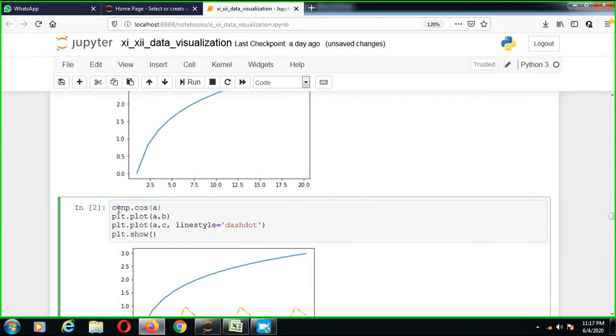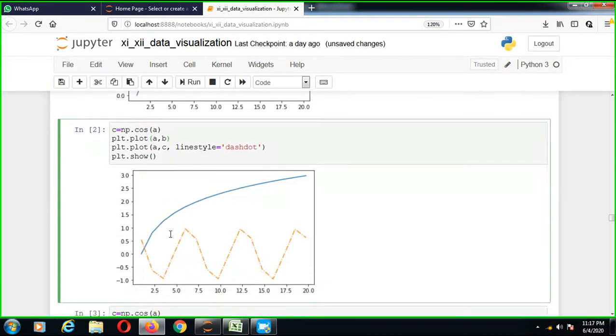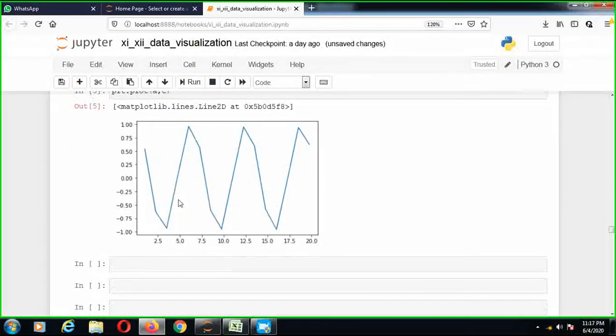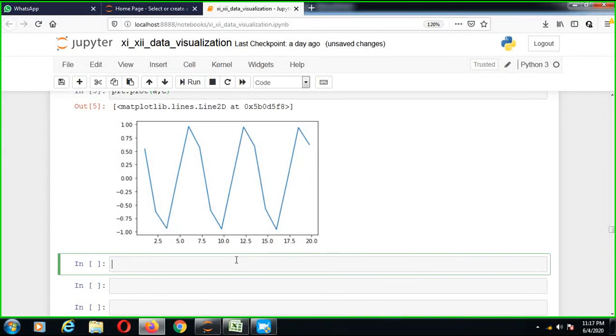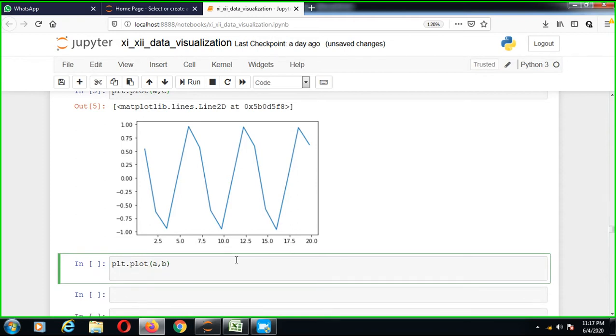np.cos a, c, and plt a, b. So we are just saying different values are plotted. I'll show you one more thing, plt.plot a, b.